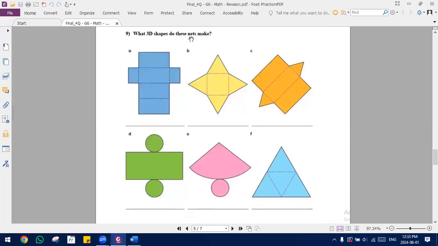What 3D shape do these nets make? So we said that a net means when you open the 3D shape. When you open it, and when I close it back, I'll get a 3D shape. Now we need to write their names. We should memorize them. The first one we have is